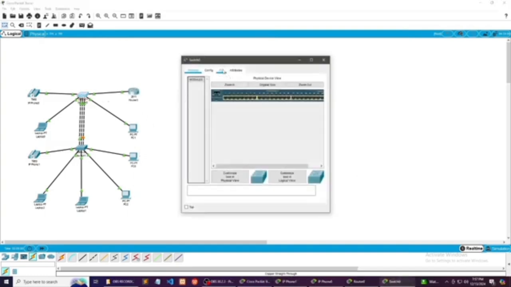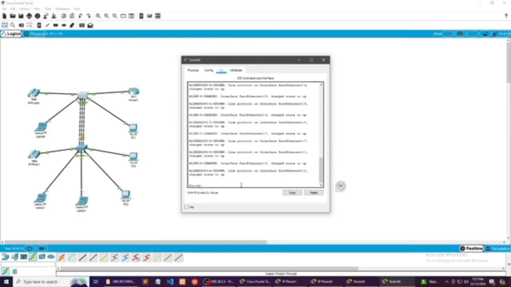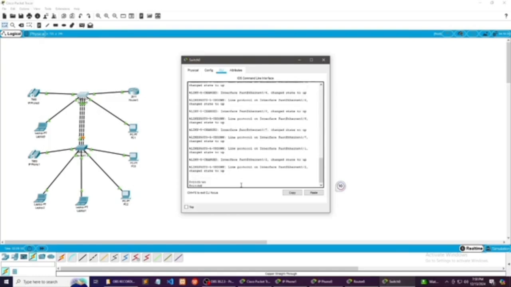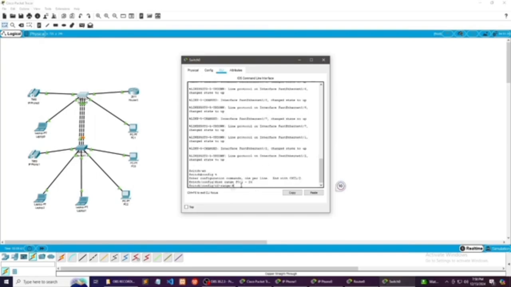Next, go to the switch. Go to the CLI. Then enter. Type enable or en. Enter, type config t. And then after typing config t, just press the enter. Type int range f0/1 - 24. Then enter.